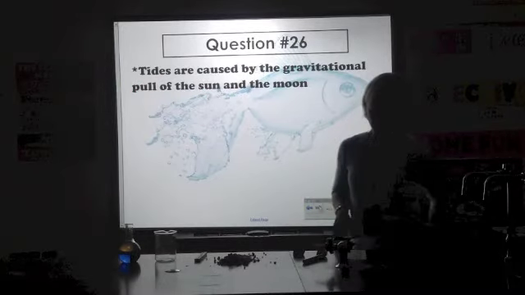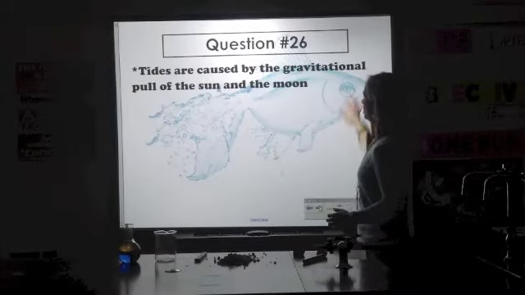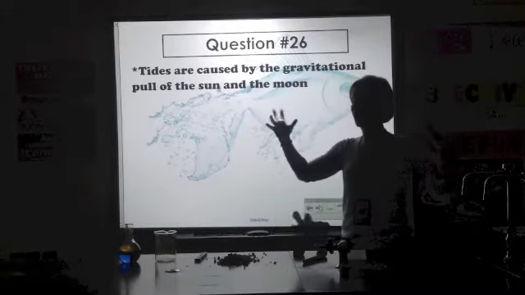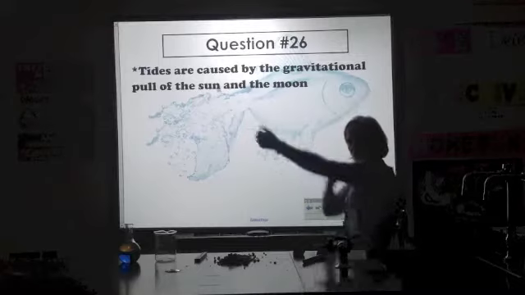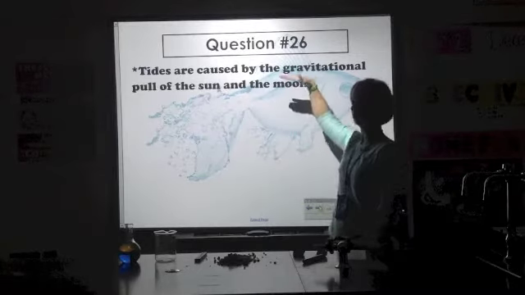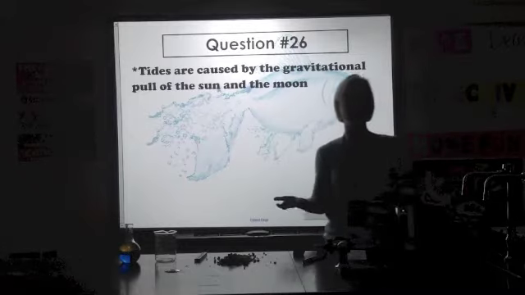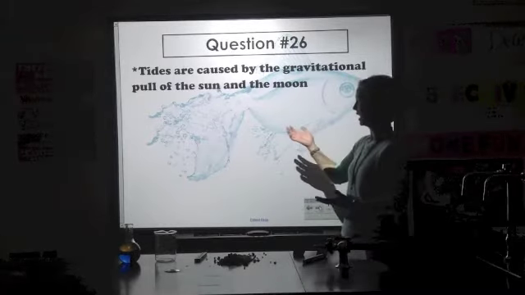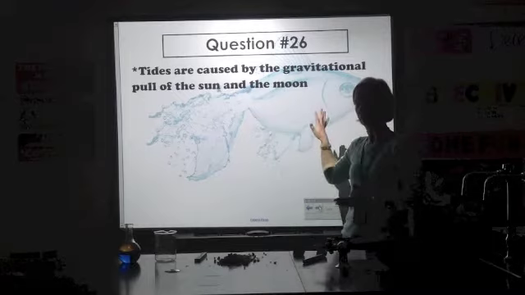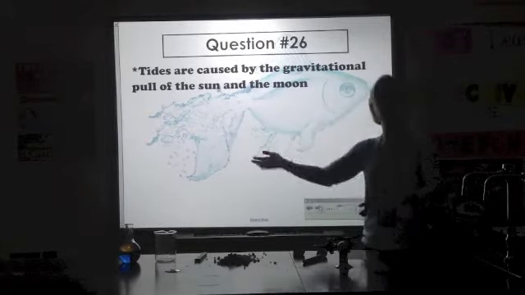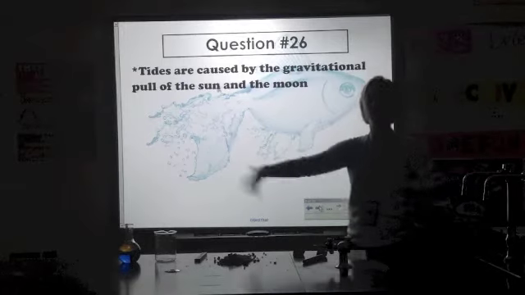All right, question number 26, what are tides? So literally a gravitational pull. We're talking about the sun and the moon kind of aligning and pulling, and causing the levels of the water to rise and fall. If you've been to the beach before, you know that you have high tide and low tide. At high tide, a lot of the beach is going to be covered in water. At low tide, you're going to be able to go out a good distance. Usually at low tide, you can go looking for shells because all the shells have been exposed.